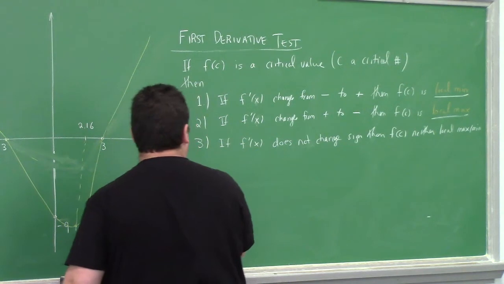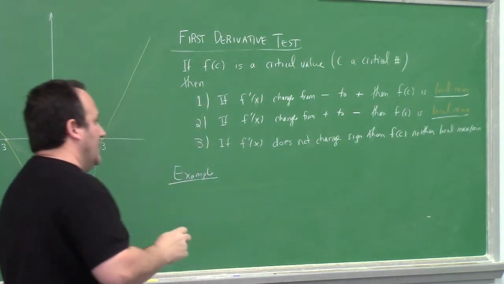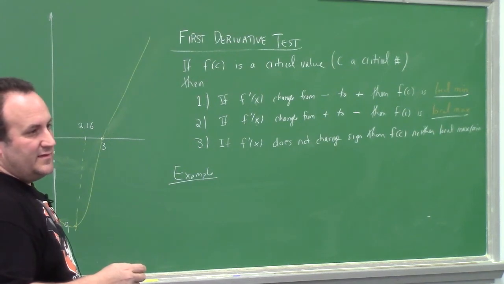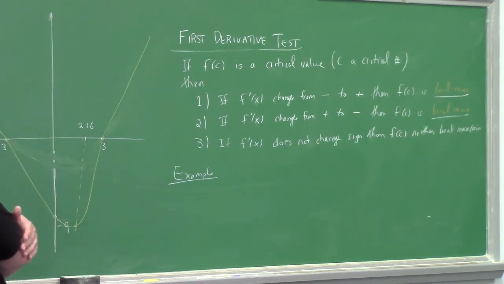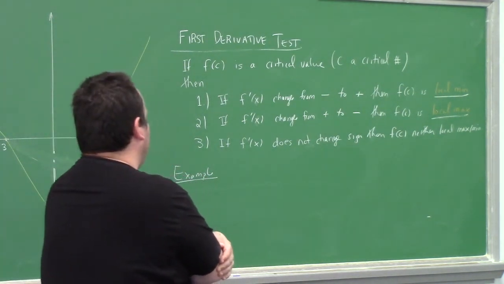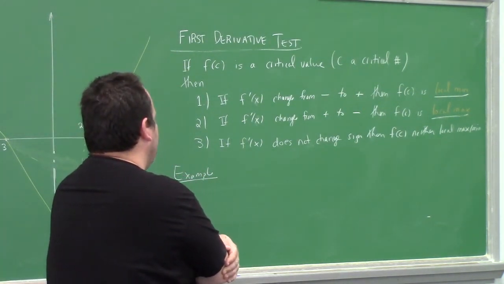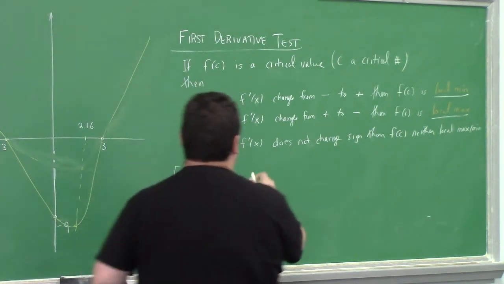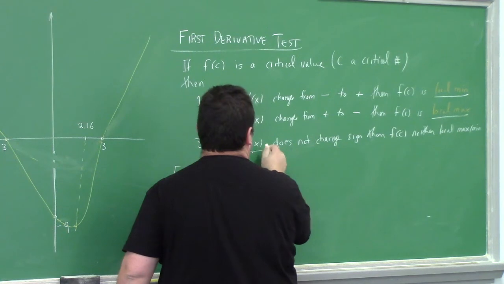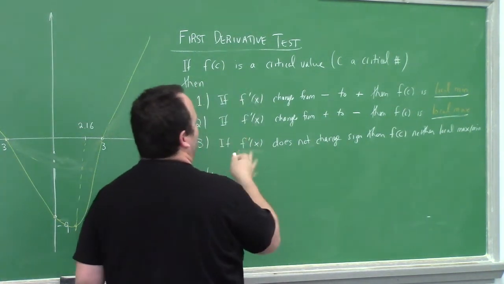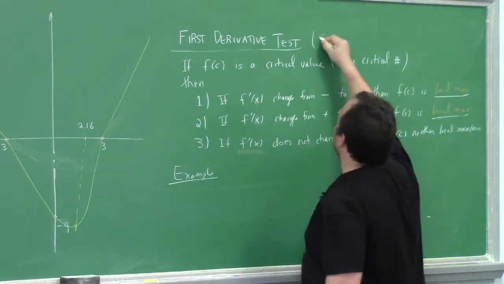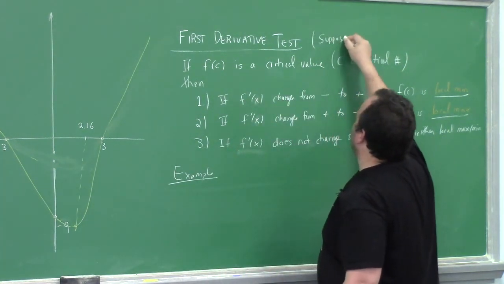Well, fair enough. f prime of x does not change sign. To be clear, I should probably say suppose f is not constant, just to keep it quick here,